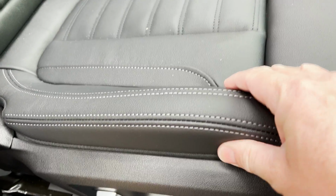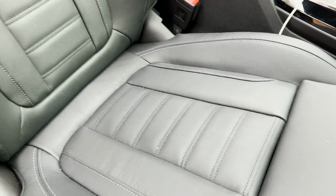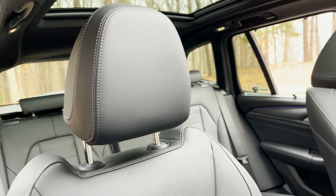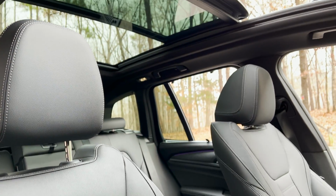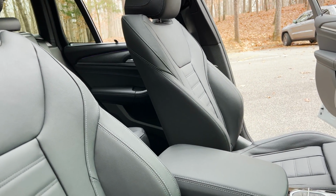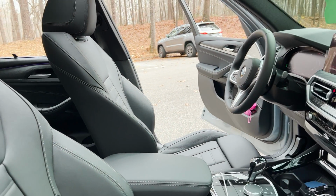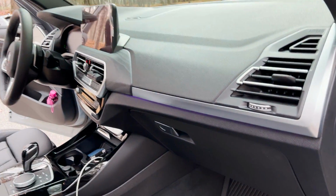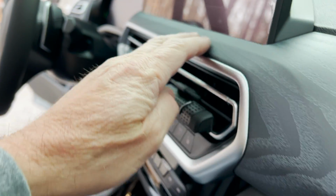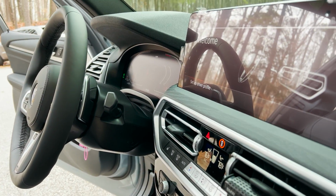Now look at this black leather upgrade with the gray stitching. Really breaks up the car. I always like when you add in different ways to break up a black interior. And I think BMW has done this quite masterfully, really, because you can see the satin brushed aluminum right here. You can see the wood grain, that huge screen,